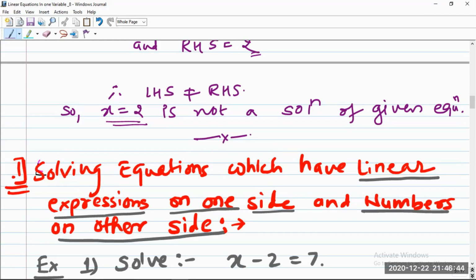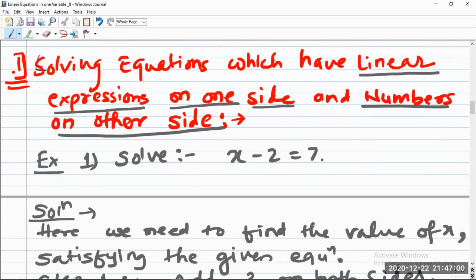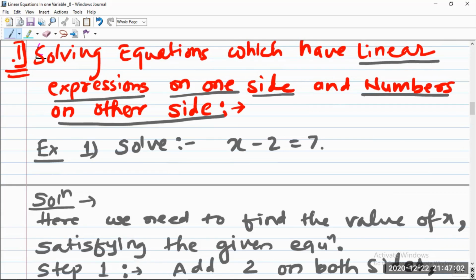Okay, so we are going to solve the equations which have the linear expression on one side, that is ax plus b on the left side, and the number, that is the constant term, on the other side. Let us see the examples here. The question given is: solve the following equation. The equation given is x minus 2 equal to 7,